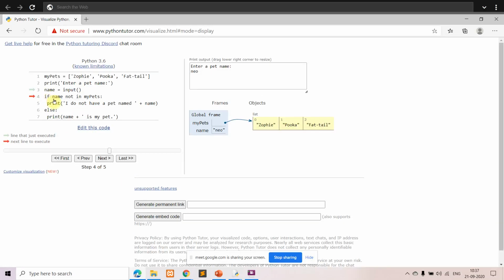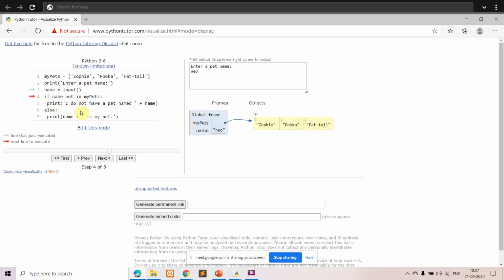It is checking the name I have given, so you can see in the variable name I have given Neo. So what happens if Neo is not in my pets? That particular name is not there in the list, so this condition is true, right? So when it is true, what happens?